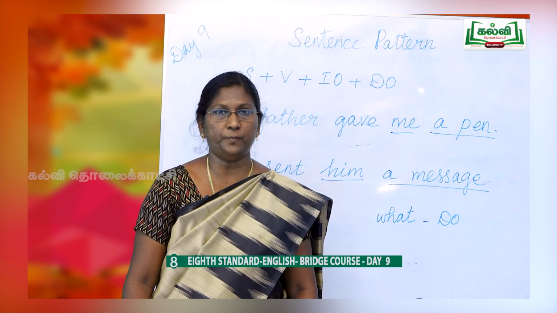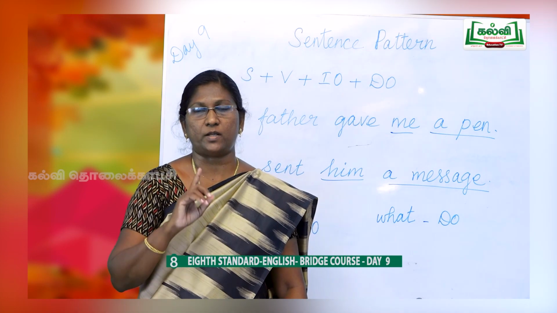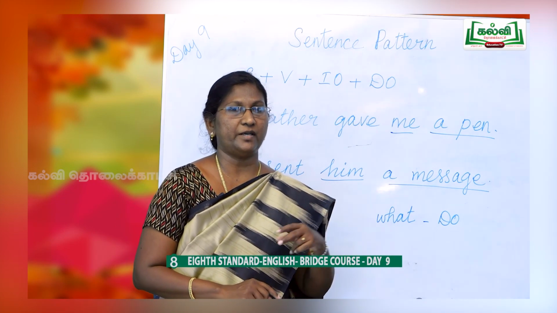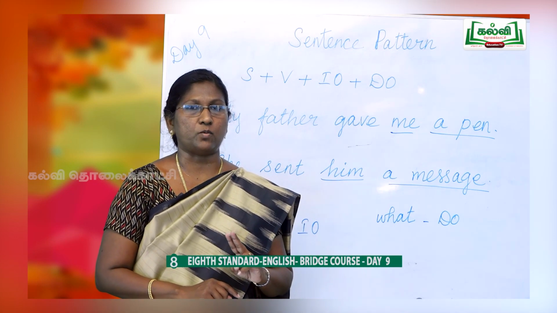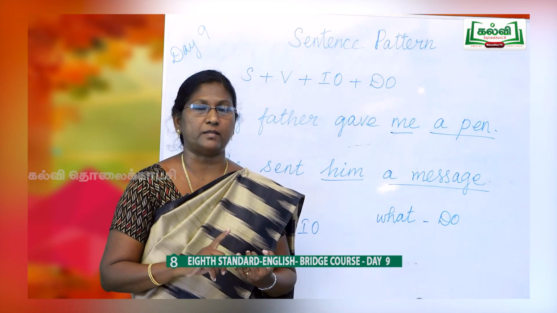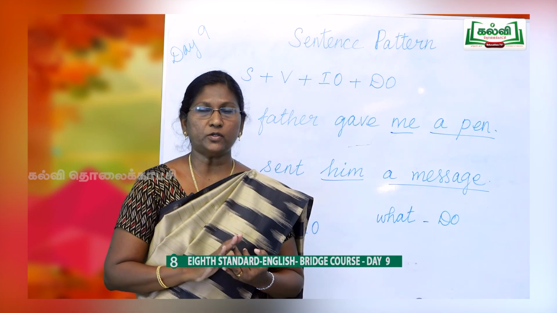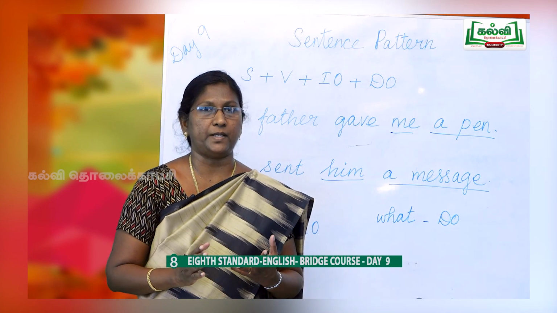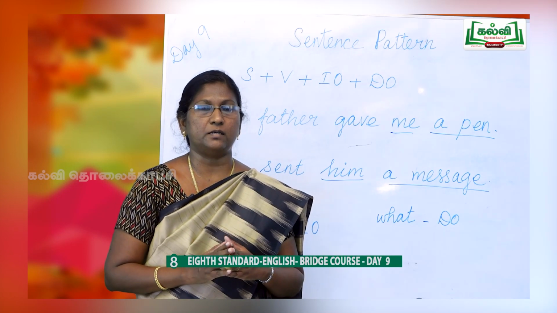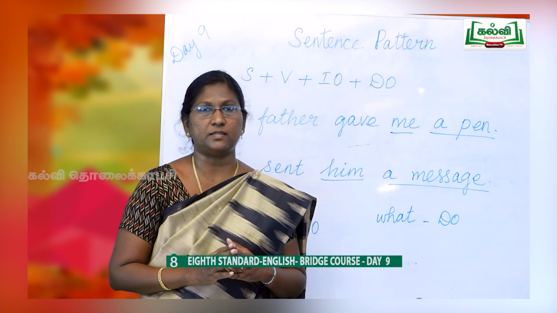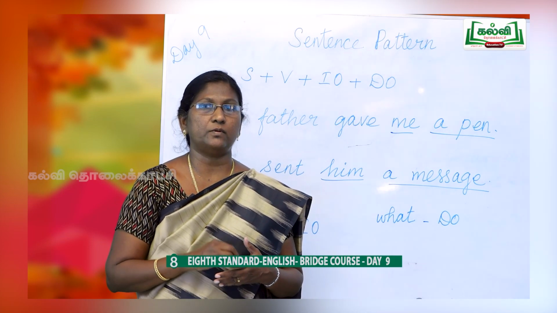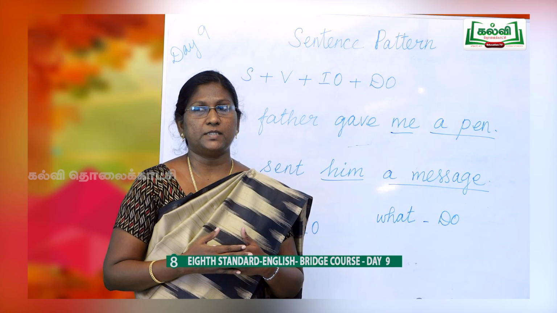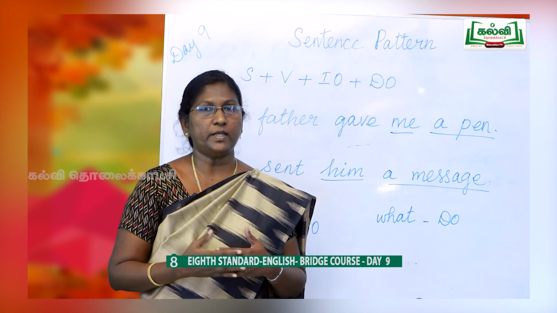Already we learnt about object, that is when a sentence is having only one object, we learnt like that, the SVO pattern. Here in this sentence we have got two objects, so we say one is indirect object and another one is direct object. So direct object is very essential for a sentence. Without that the meaning won't be completed. Without that direct object, we won't be able to understand the sentence. But an indirect object only gives additional information about the object.